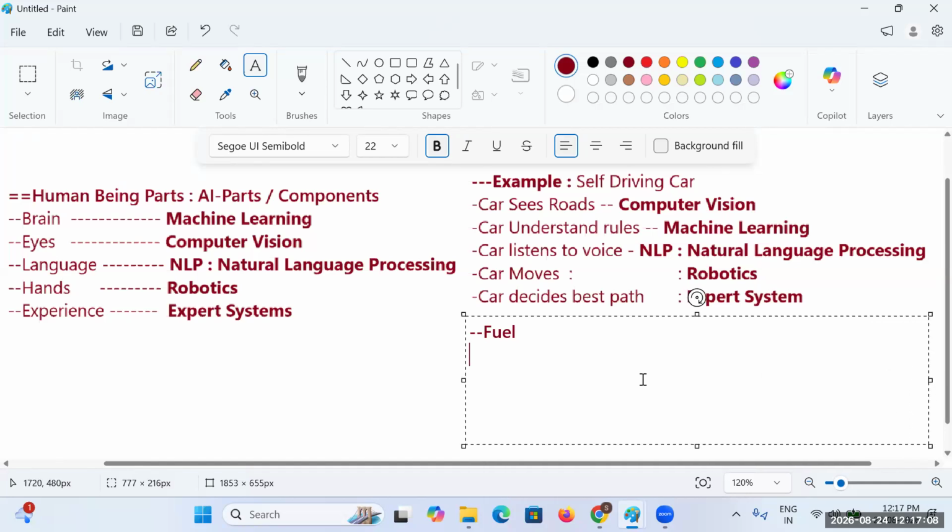But in general, if you want to move the car, fuel is mandatory here.